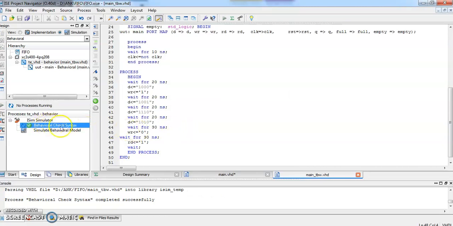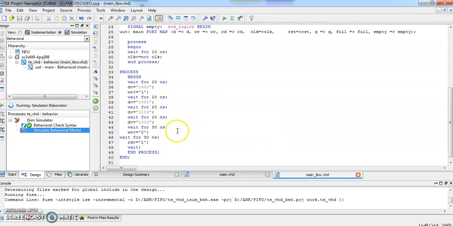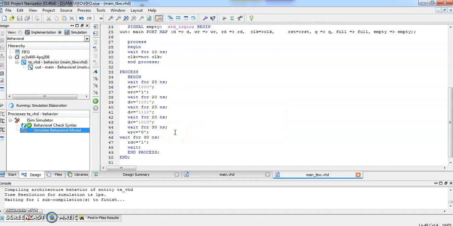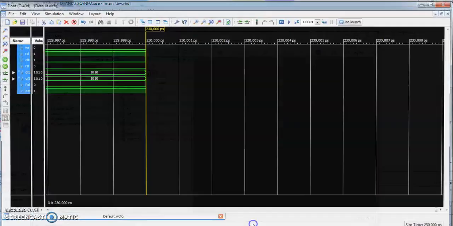If that check is successful, you can simulate the design. Double click on simulate behavioral model. Do you want to save? Yes, we have to save. Now this will open the iSim simulator. Now right click on this default.wcfg and click on float.